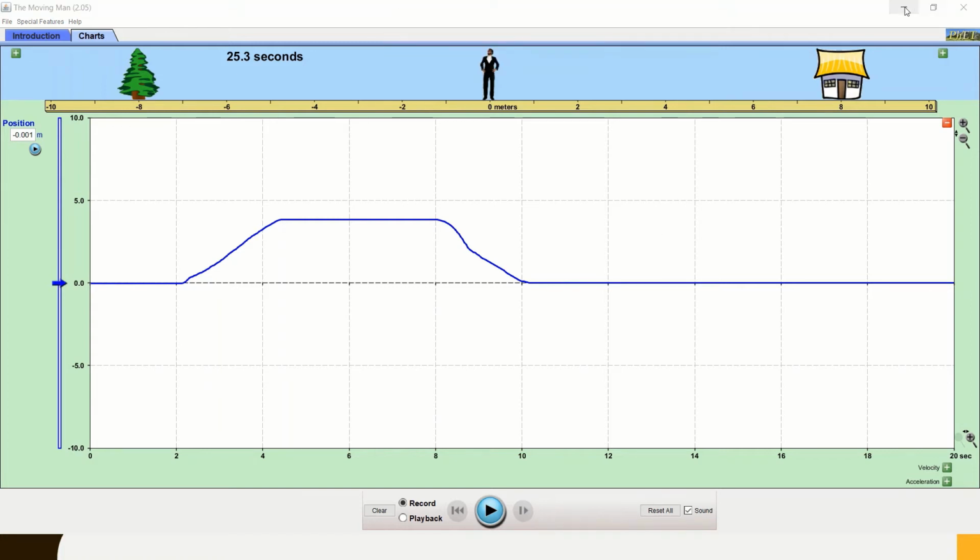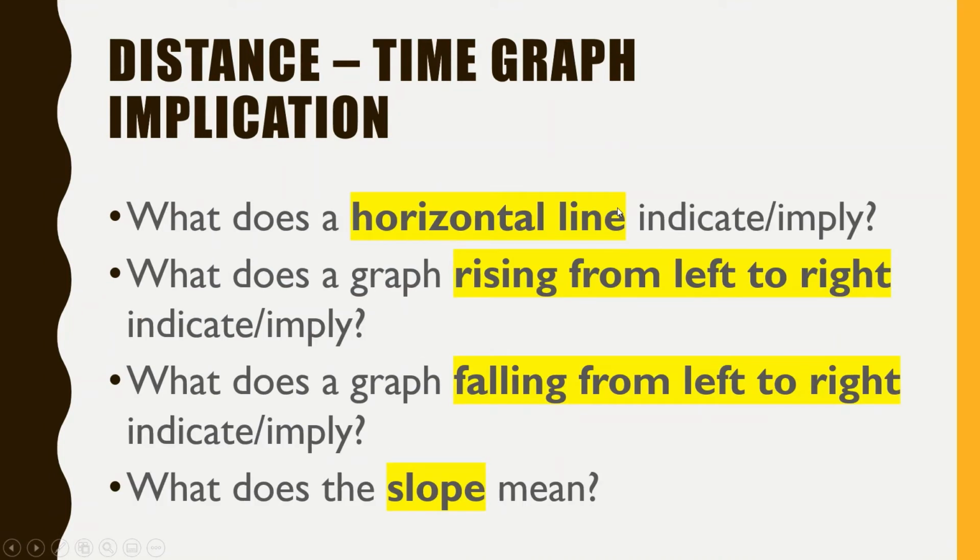Alright. Let's check the PowerPoint. Baka meron ako nakalimutan. Alright. Next, since we have mentioned already the implication, what does a horizontal line indicator imply? What does a graph rising from left to right imply? What does a graph falling from left to right imply? And what does the slope mean? So we know that pag horizontal line, no movement, rising from left to right, moving forward, falling from left to right, moving backward,